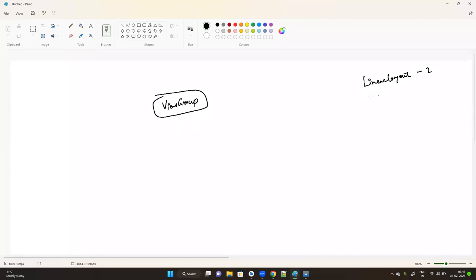How many of them we have? We have two in number. We also have radio group. So how many groups we have? We have one radio group in number. So these are the two view groups we have in our application. Now this view group, as per the hierarchy, this view group can accommodate another view group